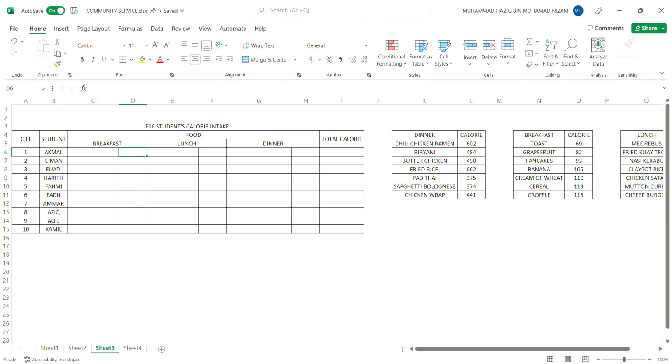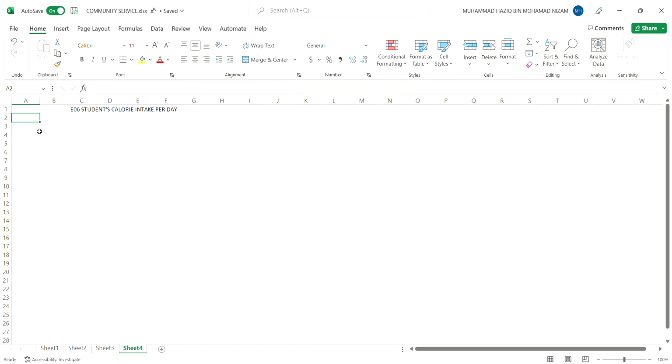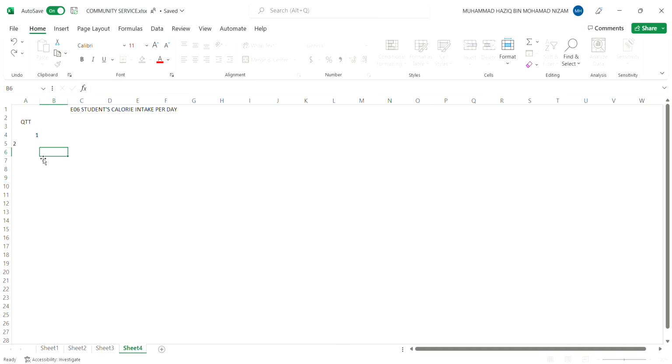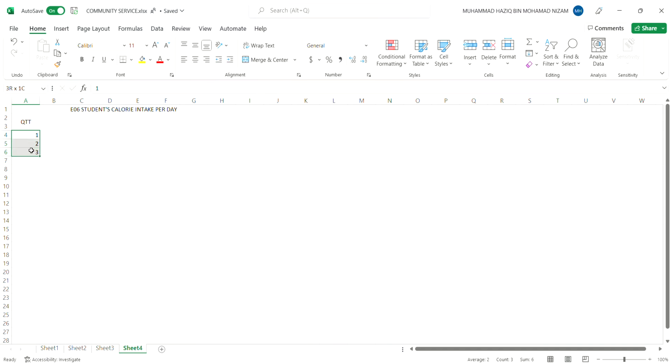But before that, I want to share something with you guys. As you can see here, quantity. I will show you guys. First, we need to merge this. We write quantity. Alright. Usually, people will write 1, 2, 3, one by one until the number that they want. But there's a way for us to write it in just 1 second, which is we click on these 3 cells, and you guys can see here a small green ball. You click on it and drag it down just like that,